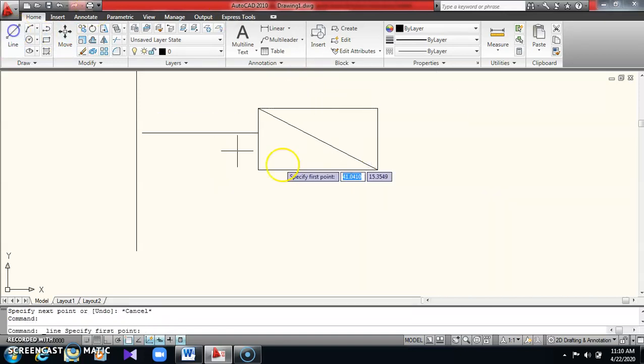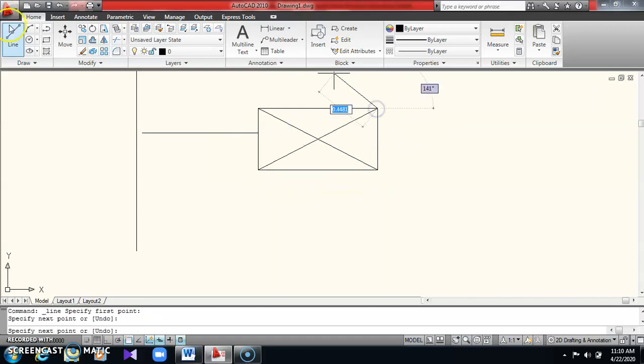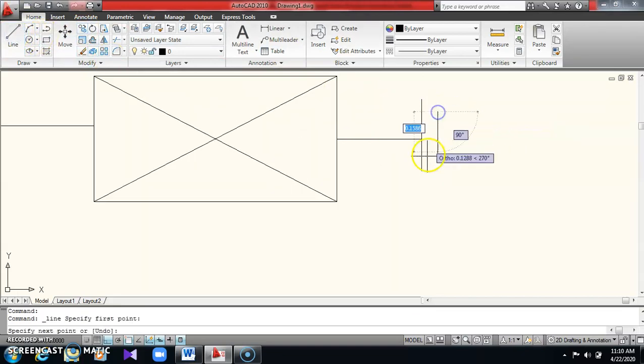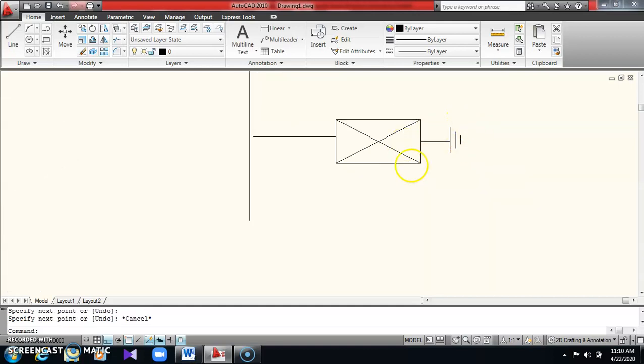From here draw another line and make it straight. Here you provide the ground. No need to copy, because here you have to redraw smaller than this and again smaller than this. Zoom in. So this is the lightning arrestor.